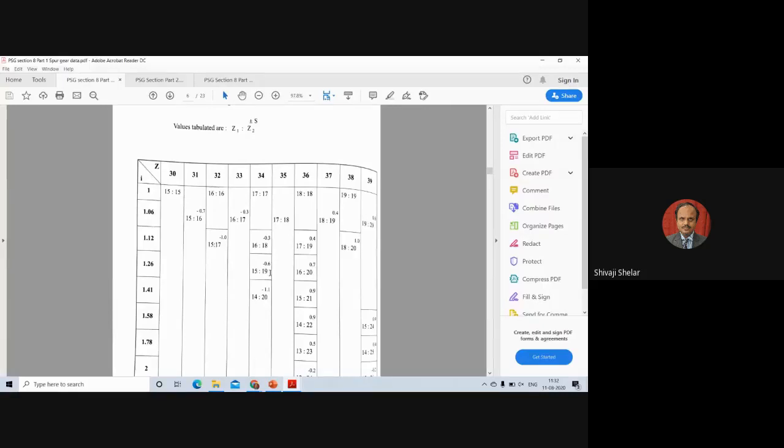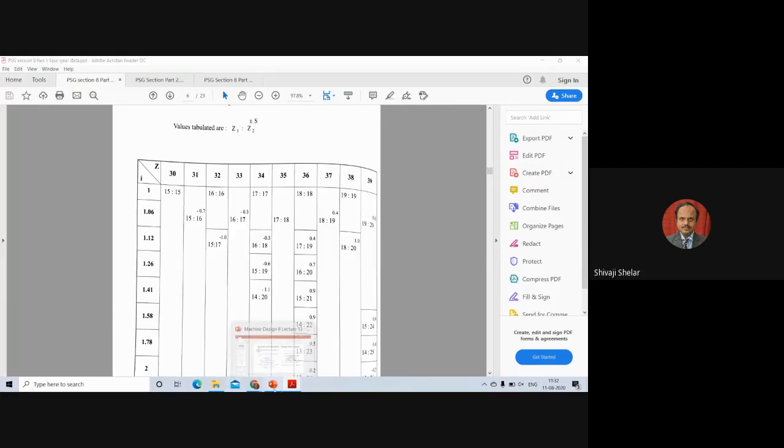And based on this 1.26 ratio, ZG will be 19. So even though it is coming as 16, 17, we are taking 19 there. Suppose you want to take a higher one, then this is also possible: 16, 20. So you can take 15, 20. So I am selecting 15, 19.